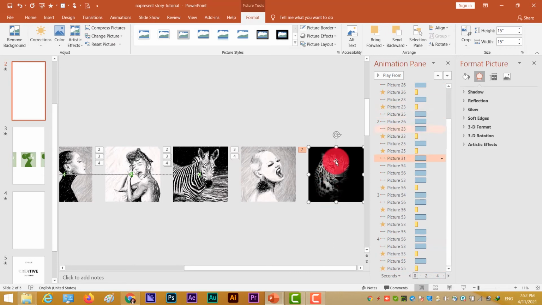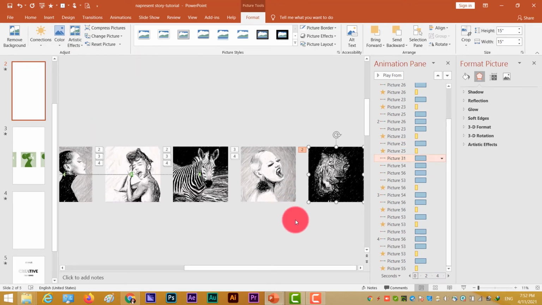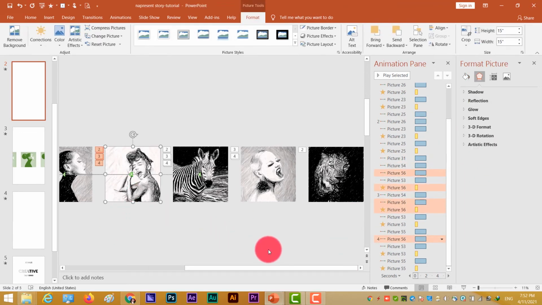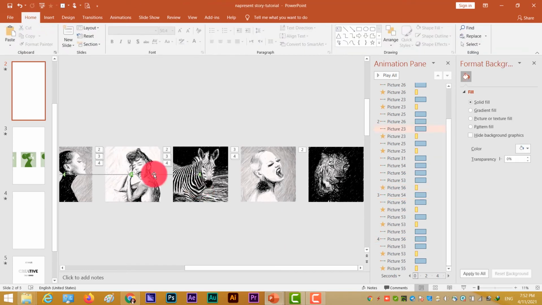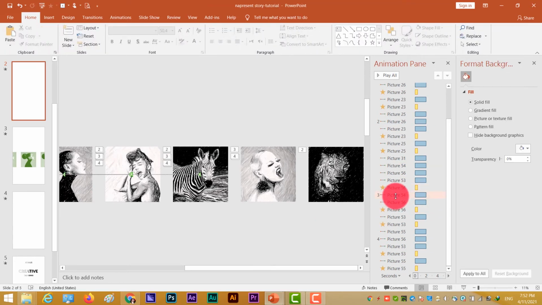And this one, which I didn't duplicate, I'm going to assign this effect to as well. Now, start with previous,